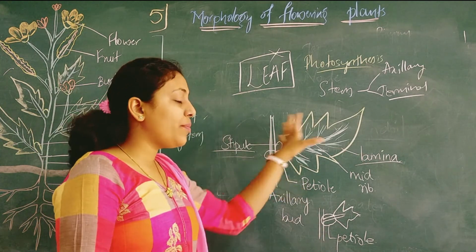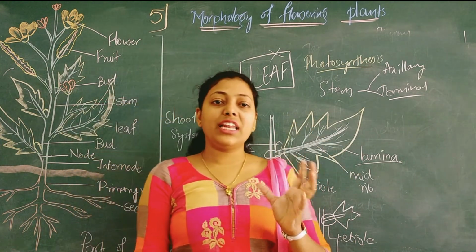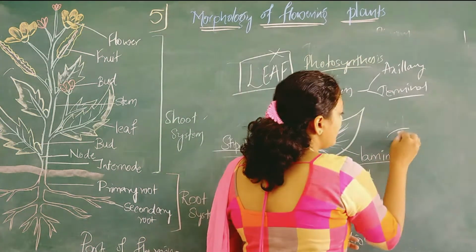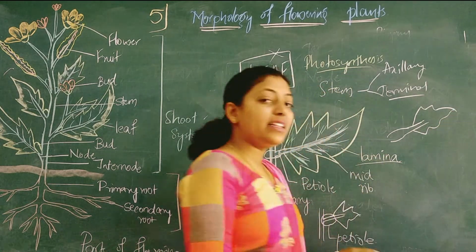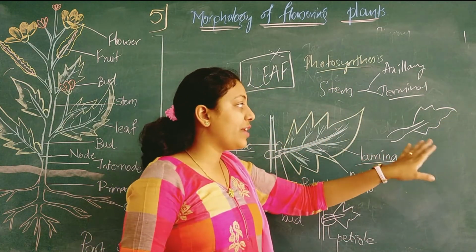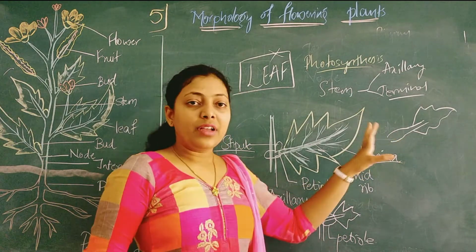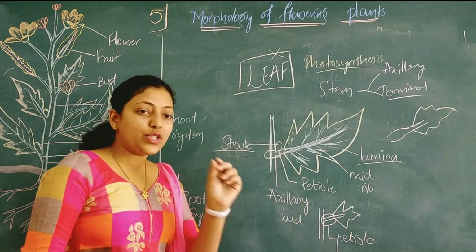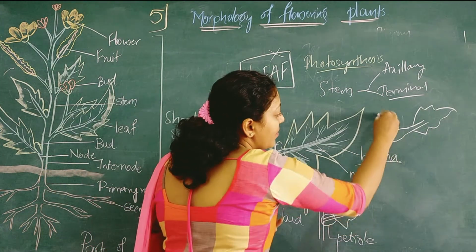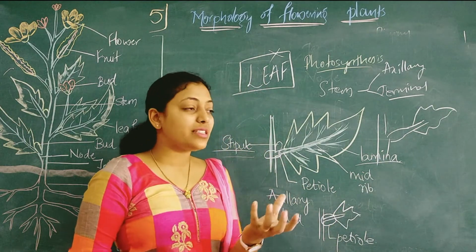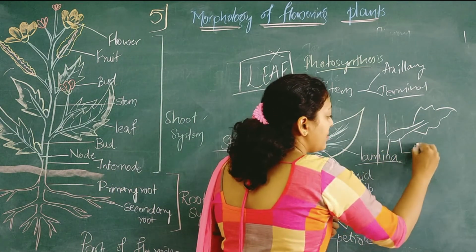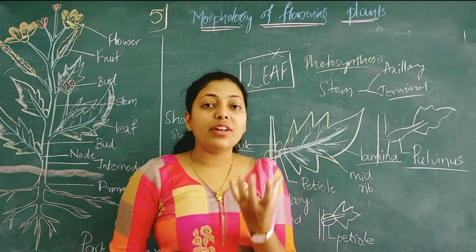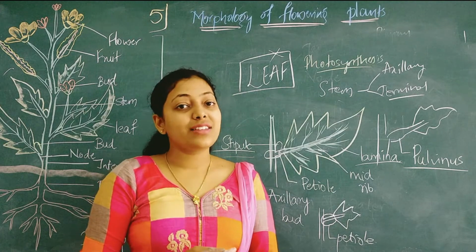Okay, so this is about leaf. When we come to the leaf of certain lily or certain groups, in some cases of leguminous plants, we see the petiole. I had drawn a picture of the petiole. This petiole is swollen at the base. Okay, this is the stem. The petiole which is swollen at the base is called pulvinus. The swollen base of a petiole is called pulvinus.